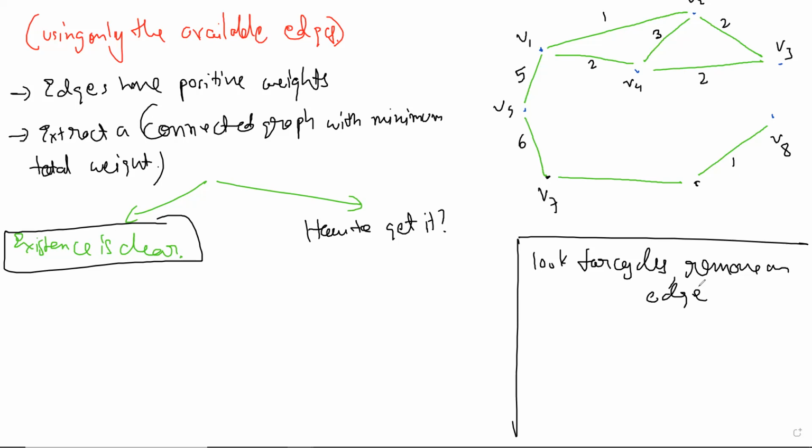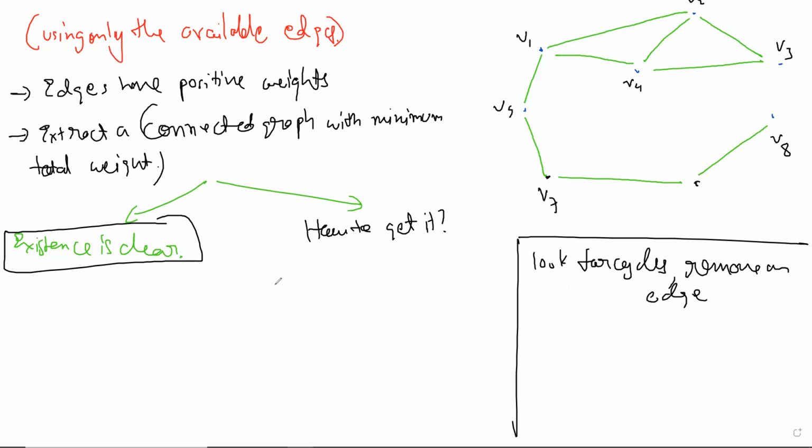Well, look for cycles and remove an edge is a way to show that there will exist a minimum connected graph, or there will exist a tree. It is a rather constructive way to show it, but it's not an algorithm. It's not a very good way to say it. What you should actually say, even in the non-weighted case, to make it slightly easier,